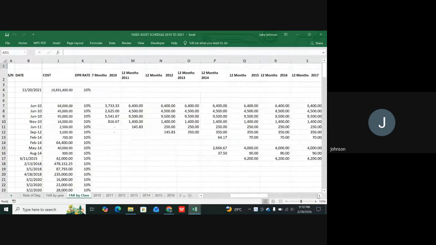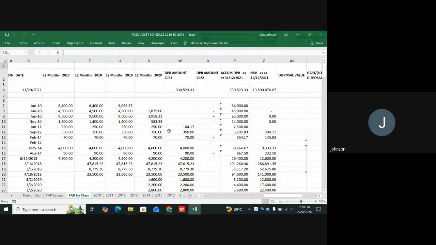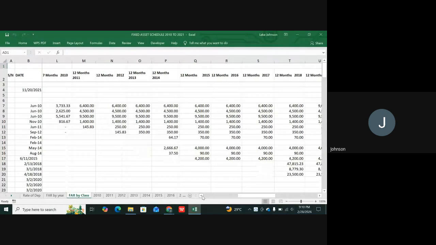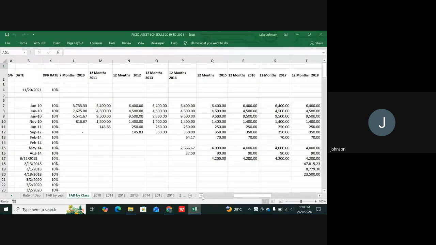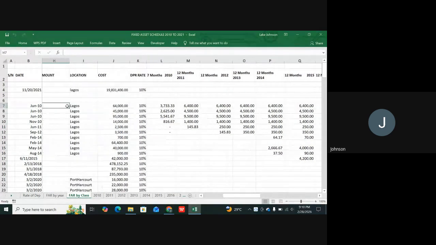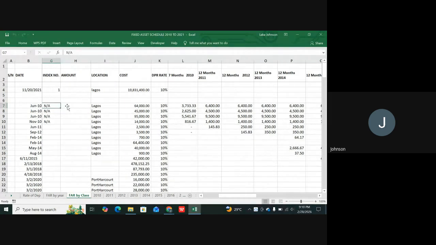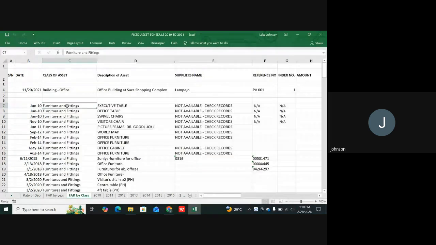All right, 12 months as well. So this is actually just a natural paste. I feel there is not much difference between by class and by year, save for,